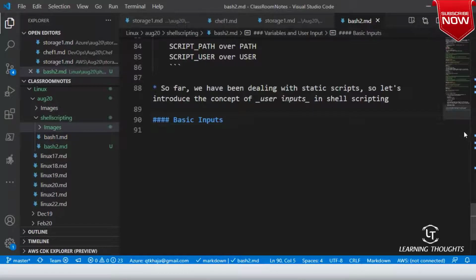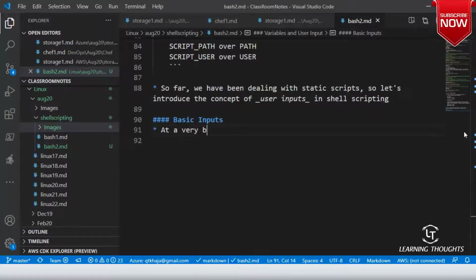Basically, if you want to look into what is an input in the terminal, whatever you type is an input. Now we will write a script and try to pass some parameters into it.